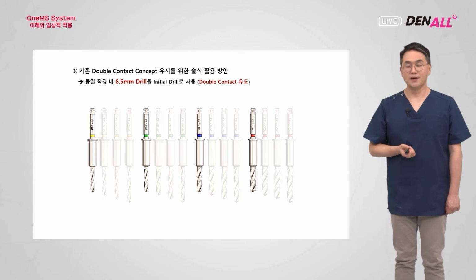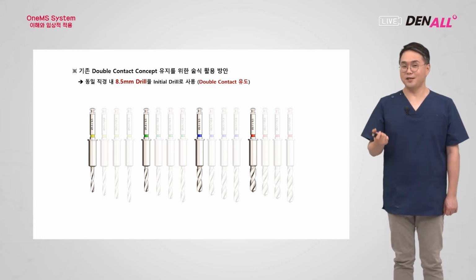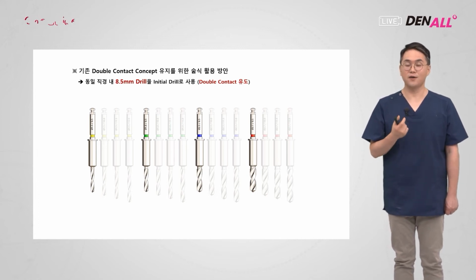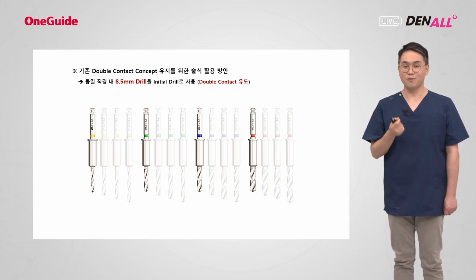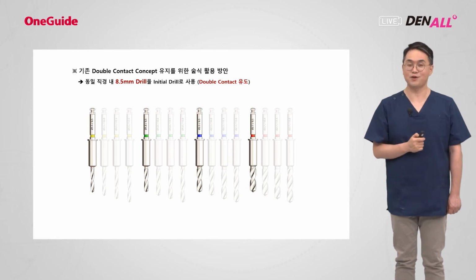Now, how to use it? The MS implant has a sharp apical area. It looks as if it's a bone screw. So you don't have to do full depth drilling. It sort of self-penetrates, and initial stability is designed to be strong. So based on the surgeon's experience, you drill and place the implant. But one thing you need to remember here is that on the lower anterior part, a long implant is something you would place,